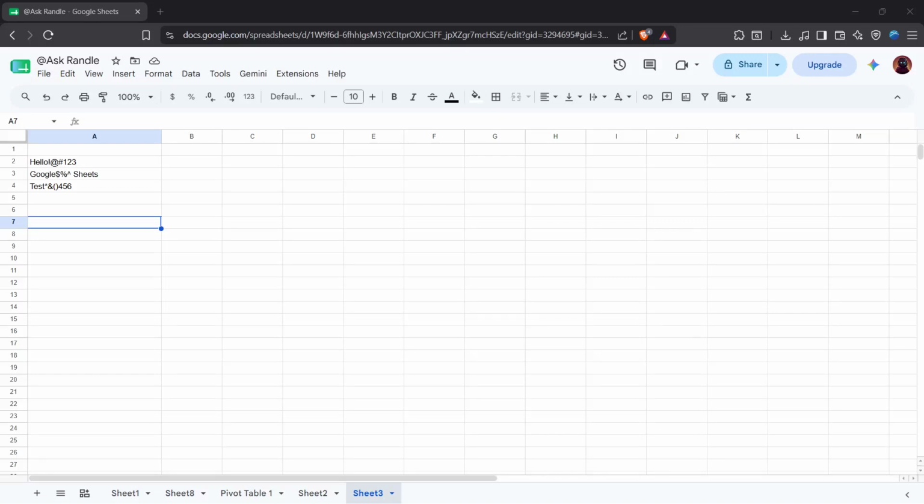In today's video, I'm going to teach you how to remove special characters in Google Sheets. If you have a column of text that includes symbols, punctuation, or other unwanted characters, Google Sheets makes it easy to clean that data using a simple formula. This is especially useful when you're preparing lists, standardizing imported data, or making sure text values contain only letters, numbers,